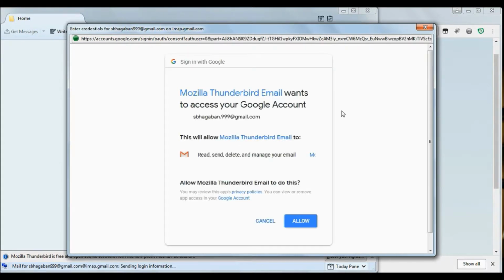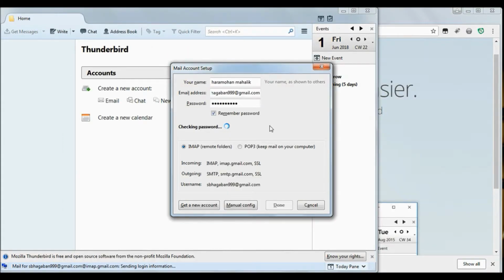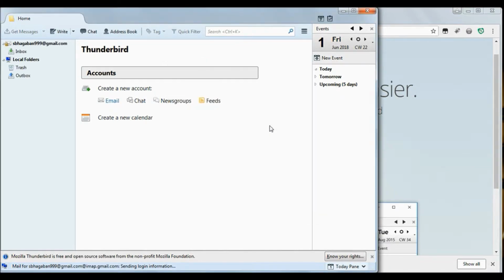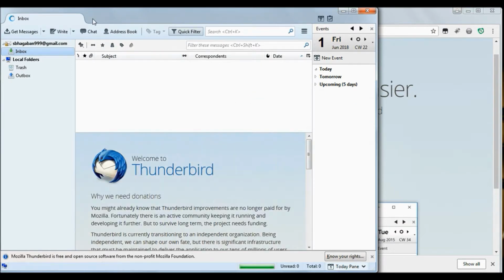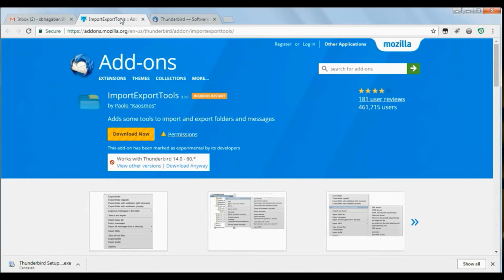allow to access your ID, Gmail ID, then download. Wait some time, then download advanced. Then download advanced